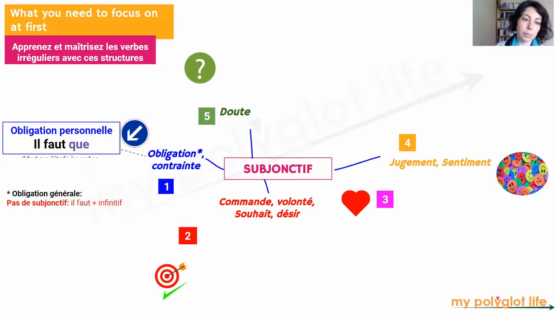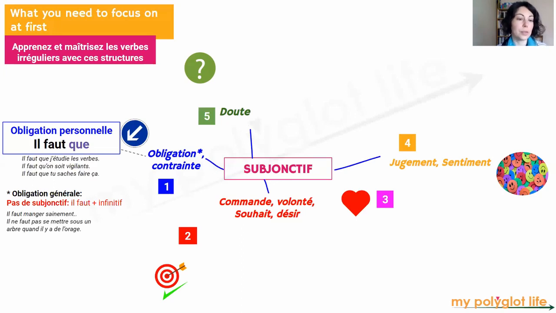When it's a general obligation from society, norms, rules, anything other than your own feeling that you have to do something, there's a way to avoid the subjunctif. You can use il faut and the infinitive. Il faut manger sainement. Il ne faut pas se mettre sous un arbre quand il y a de l'orage. It's common sense. You shouldn't stand under a tree when there's a storm. It's dangerous. So, il ne faut pas se mettre. That's il faut and infinitive. Don't use the subjunctive there. It's you don't need to do